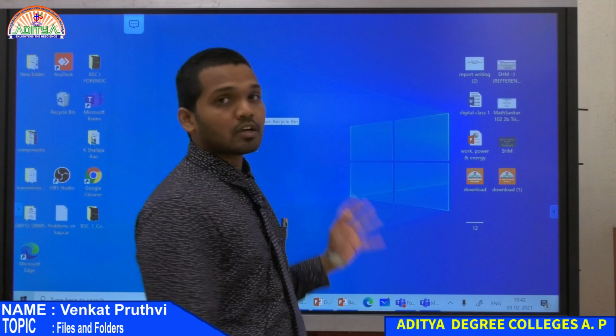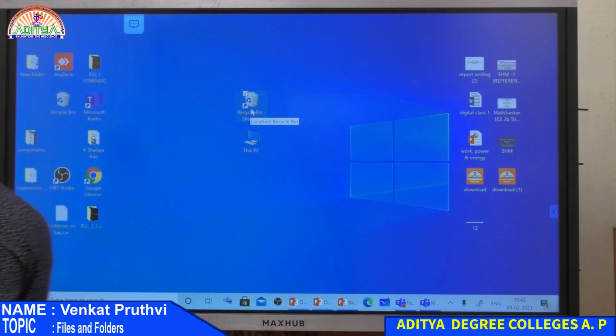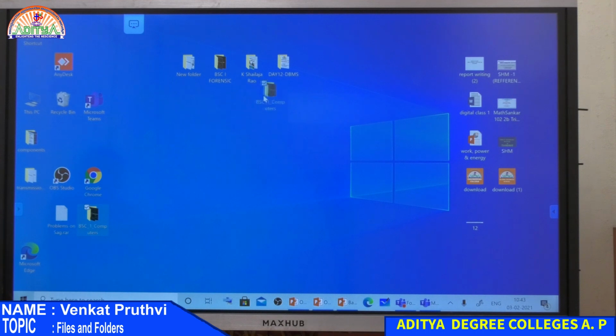Now I will try to sort all the shortcuts that I was discussing onto the left side of the screen. Let's put this shortcut, recycle bin, onto the left side, and this PC onto the left side, and I am putting all the folders in the middle. Whatever folders we have, I am putting in the middle.